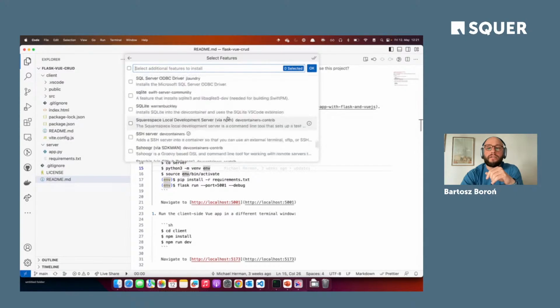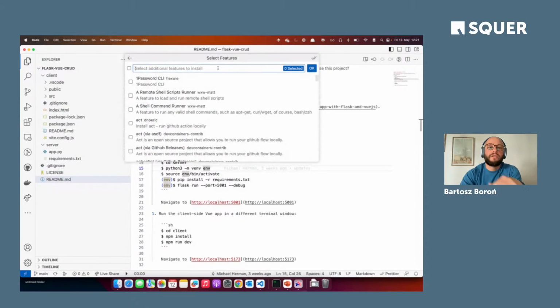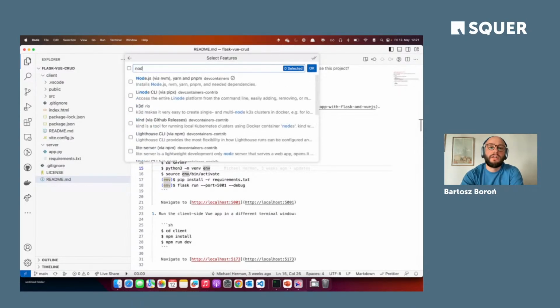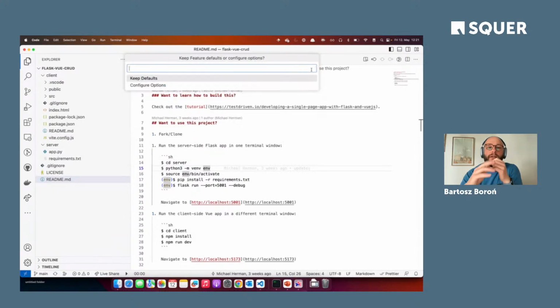I don't need many of these tools. The only thing I need is basically some Node and NPM installed for the front-end part. And as you can see, there is a package that already has NVM, Node, Yarn, and so on inside. So I select this, hit OK.